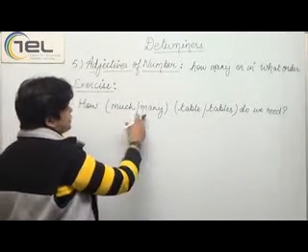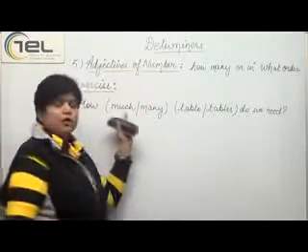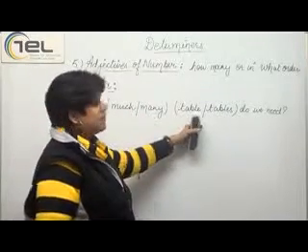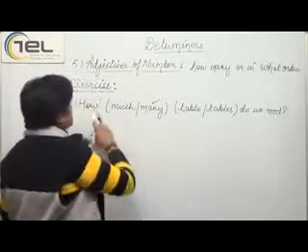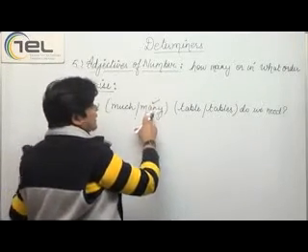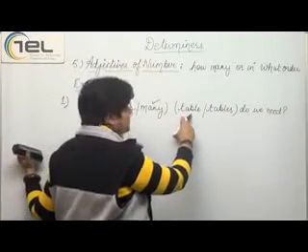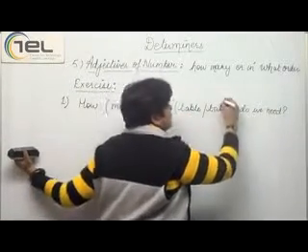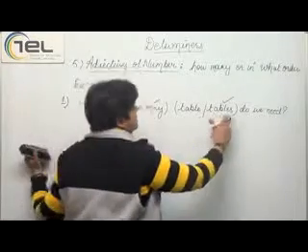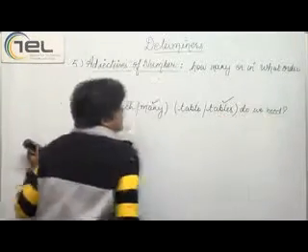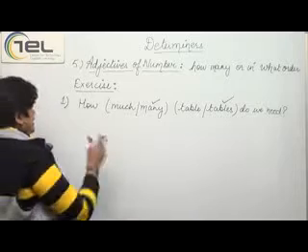So it is much or many. Much cannot be used with a countable word, so what will we do? We'll use many. So how many, and with many, a singular noun would not be used. It would be plural, that means tables. So how many tables do we need? So this would be the correct answer.